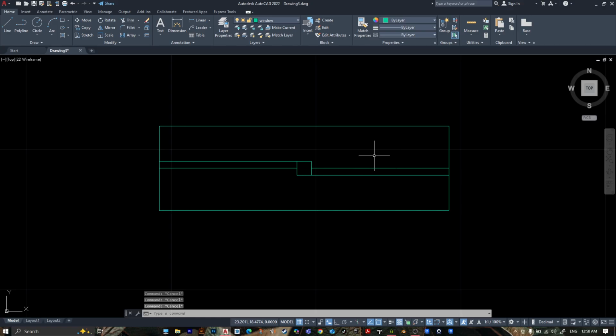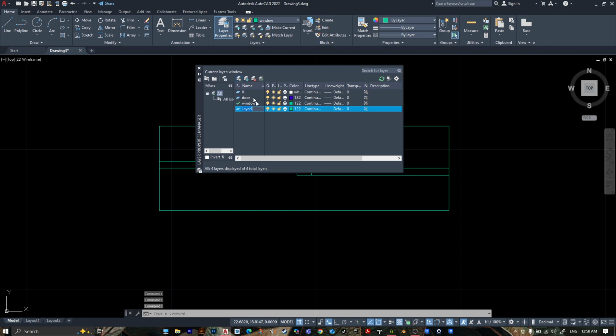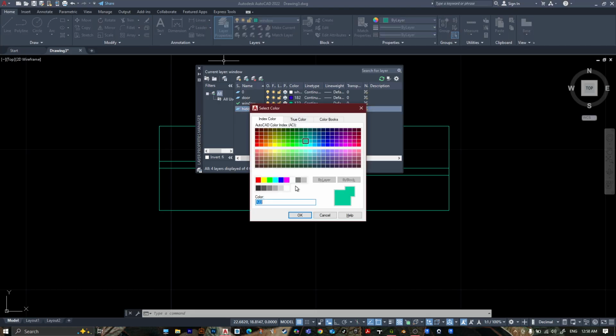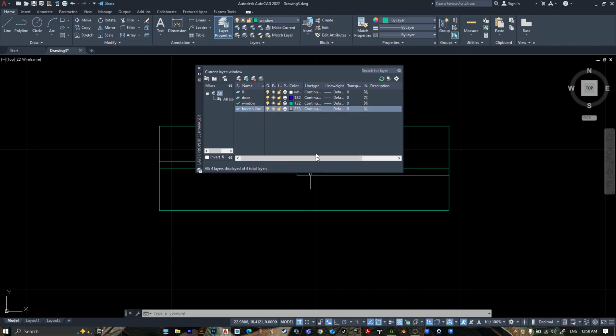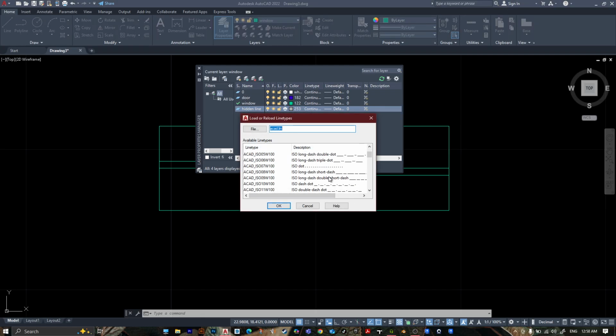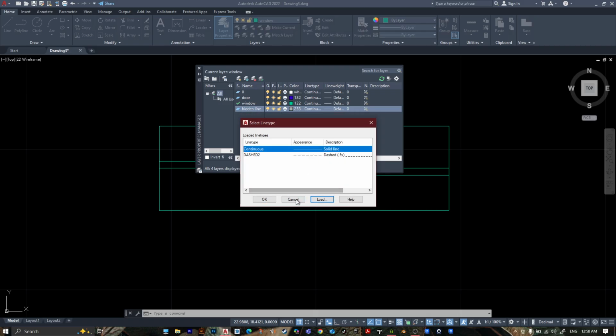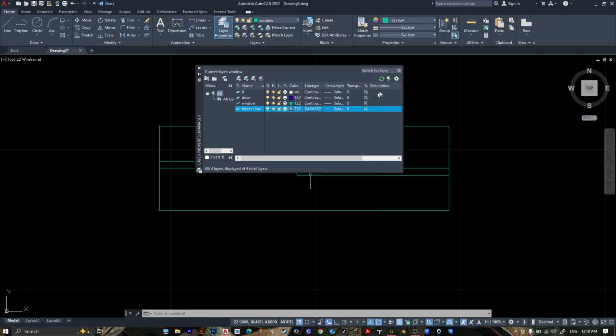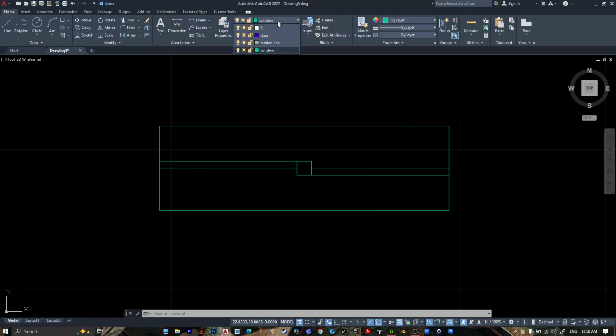If you want to make it more realistic, go to layer properties, then a new layer. Let's make it hidden line, then go to color. Let's make it gray, then press OK, then go to line type, go to load. Let's choose the dash line. Let's make this one, then press OK and choose it, then press OK. Then close the window, choose hidden line, press line,